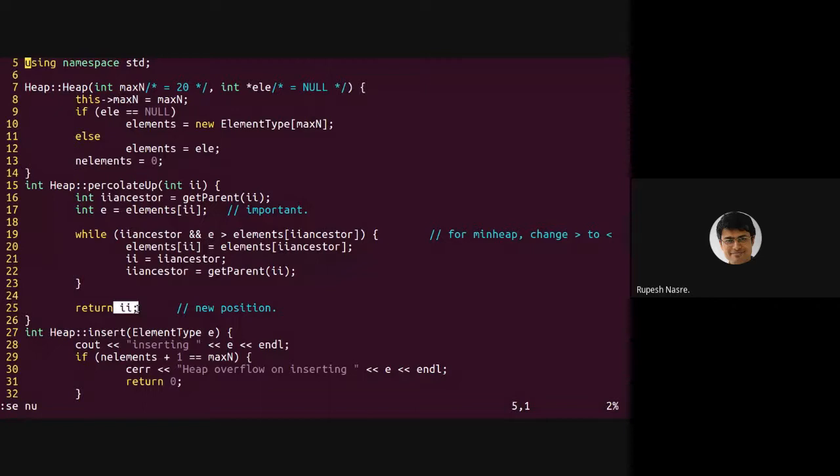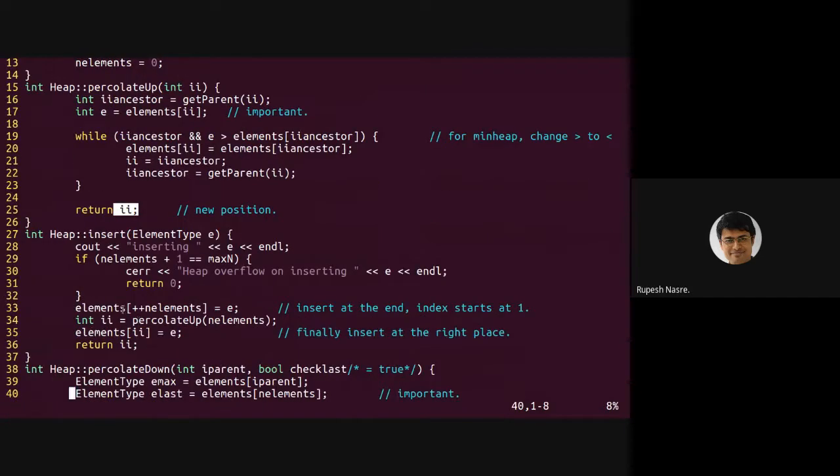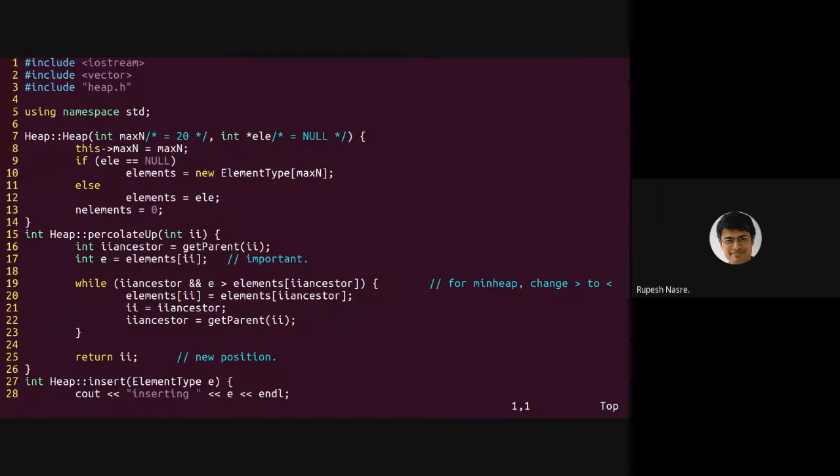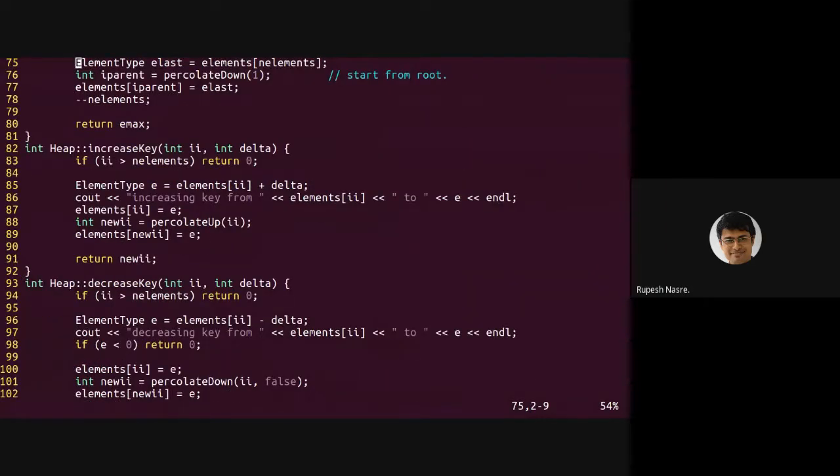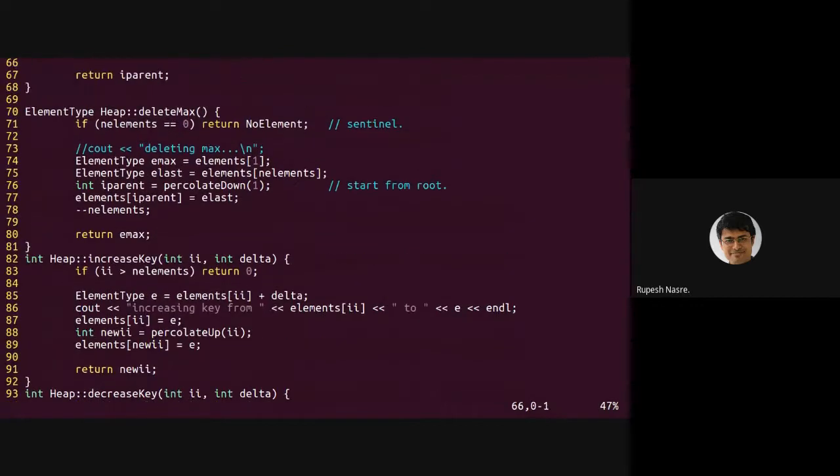And that insertion at that index was happening directly inside insert. So that takes care of the insertion part. Any questions on the insert part or whatever functions we have seen so far? Okay. So that was heap, percolate up, insert we have done. We'll come to percolate down. Yeah, let's look at delete max because that was the one that we were looking at on the slide.